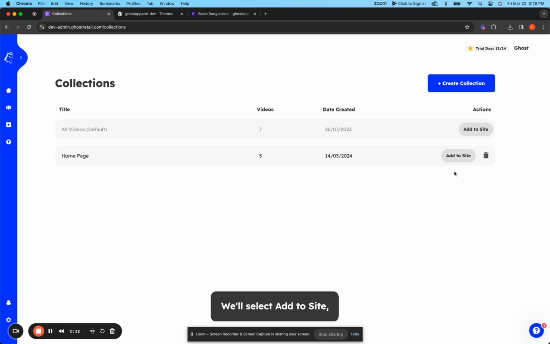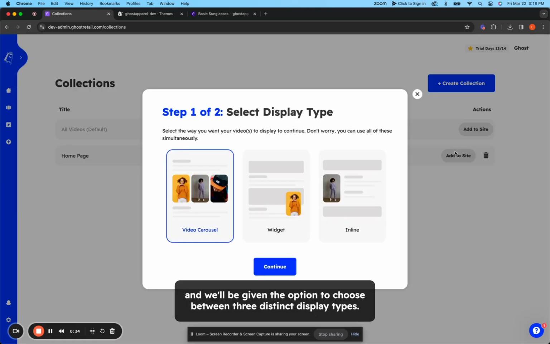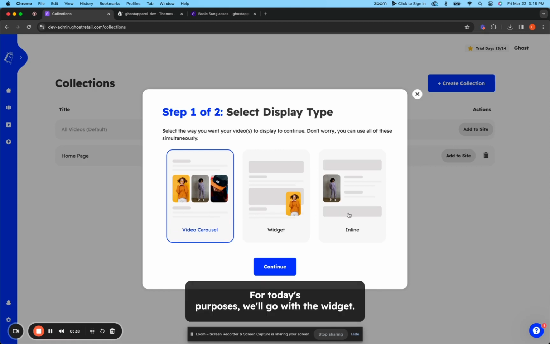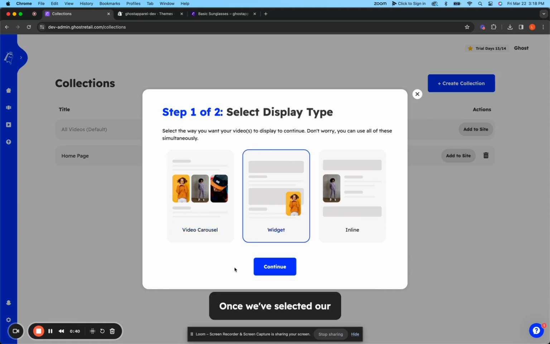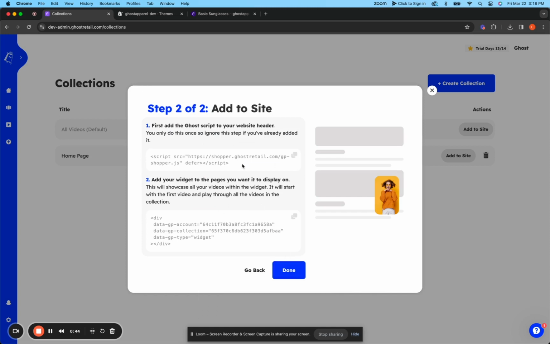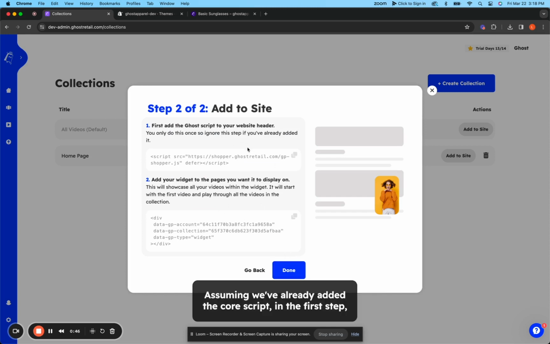We'll select Add to Site, and we'll be given the option to choose between 3 distinct display types. For today's purposes, we'll go with the widget. Once we've selected our display type, we'll see 2 simple implementation instructions here. Assuming we've already added the core script in the first step, we'll be able to just copy the secondary script